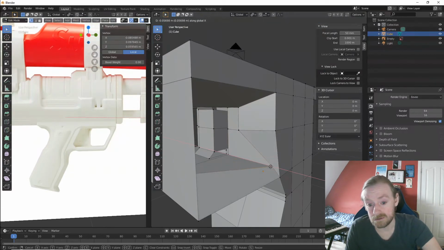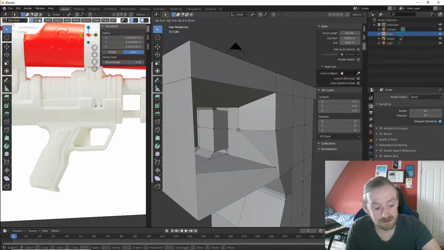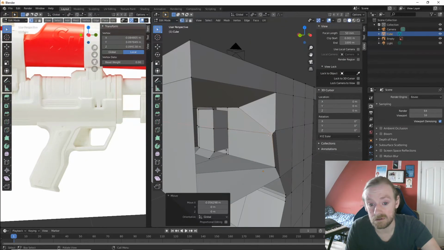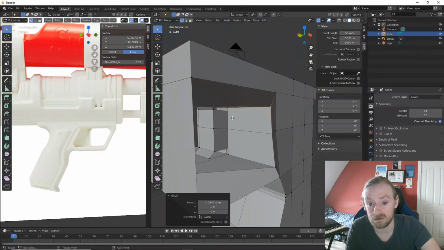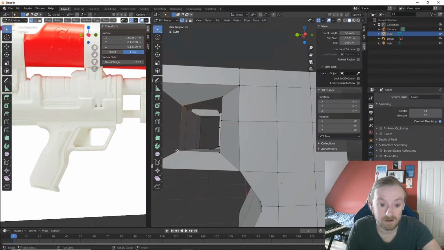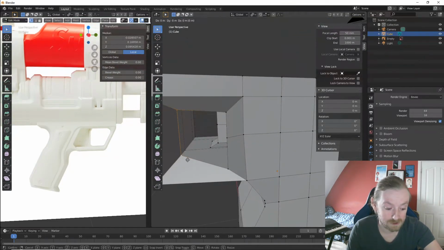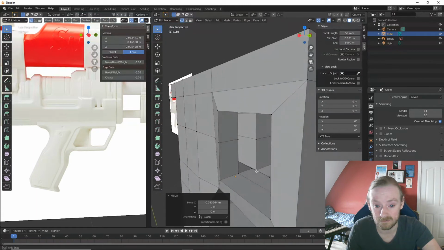Move you out ever so slightly. I will have a little inset. GX, move you out ever so slightly, and possibly you out ever so slightly. What do we got now? Cool, cool. And these two, GX out. So we've got this kind of